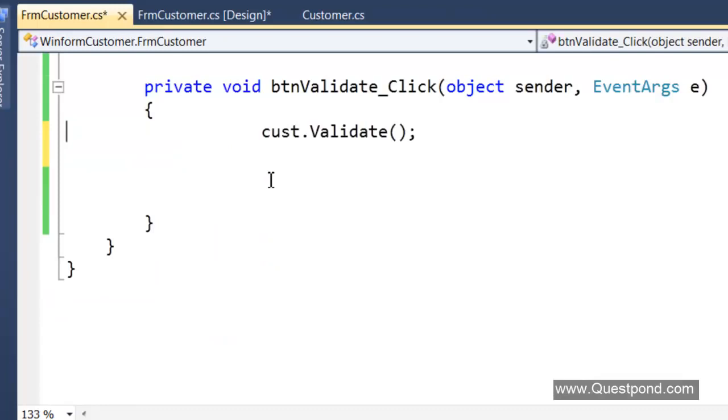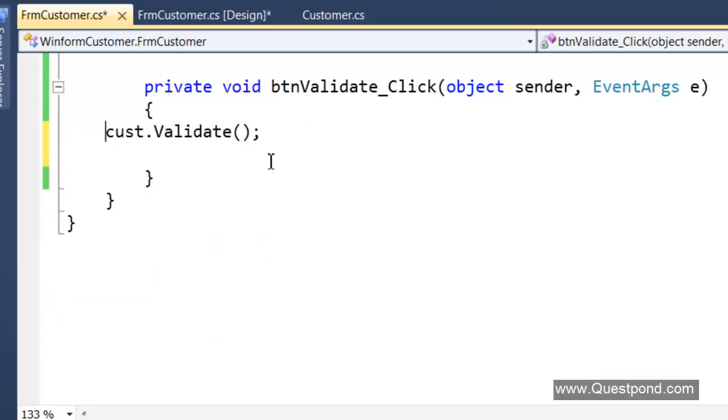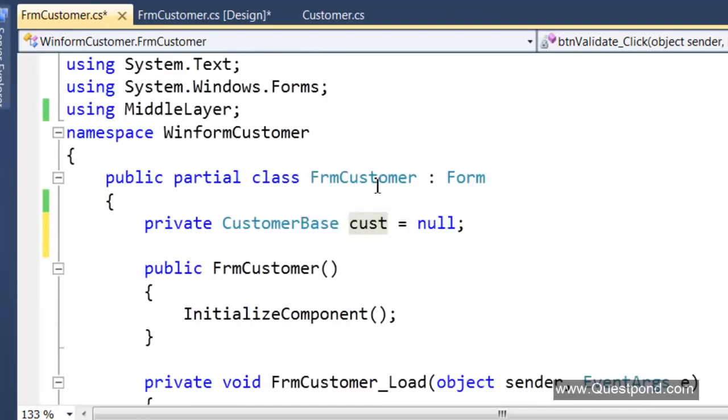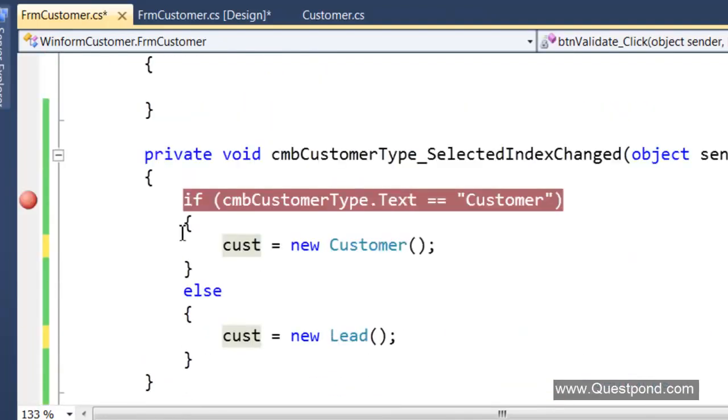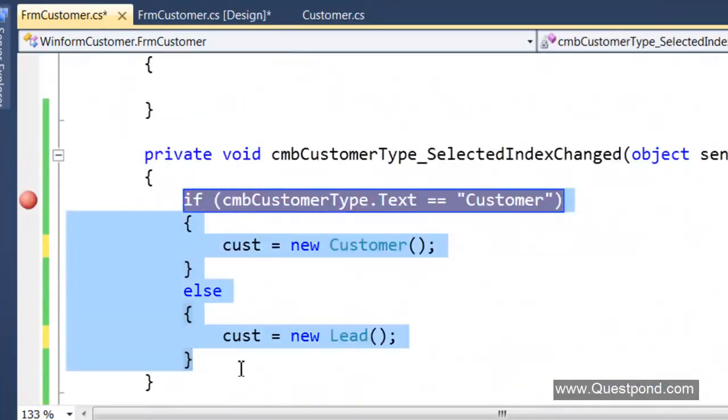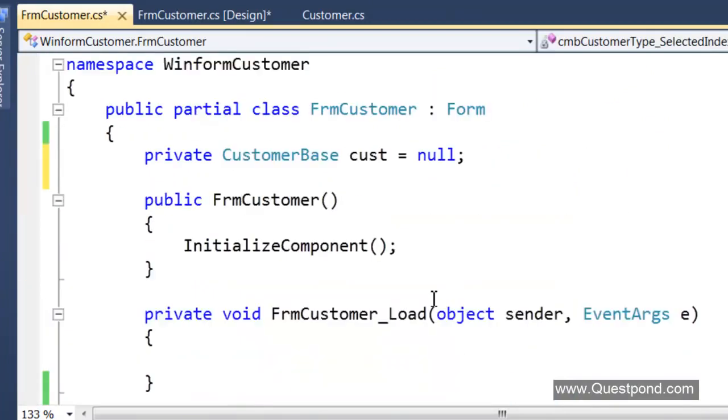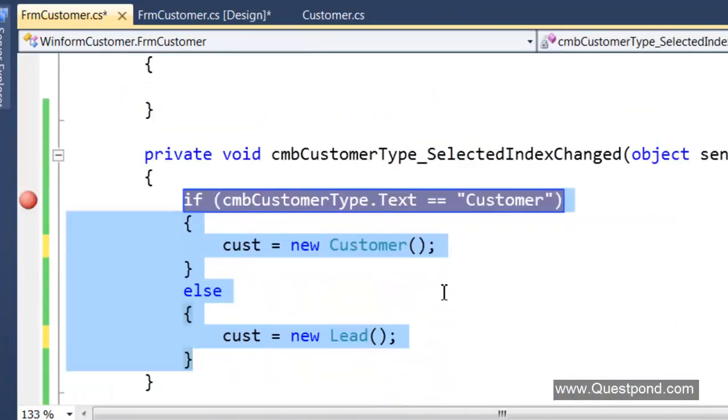So if you see now, when I add a new type, I have to change only in this section here. That's it. So you can see, because of polymorphism, this is polymorphism, right? Wherein the parent class can point towards its child classes at runtime. What do you mean by polymorphism?